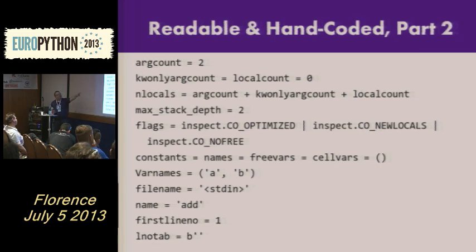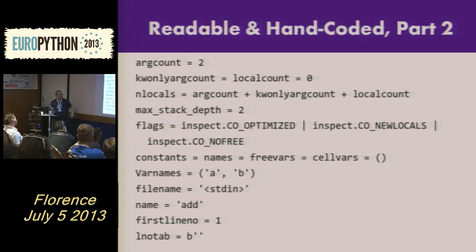Onward. Oh, one more. CO_NOFREE. That just means this function has no free vars nor cell vars. This saves Python some computation. It's just a little optimization flag. So, onward. The function doesn't have any constants, any names, globals, any free vars or cell vars, so those all